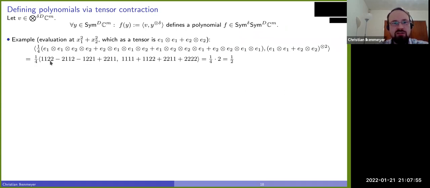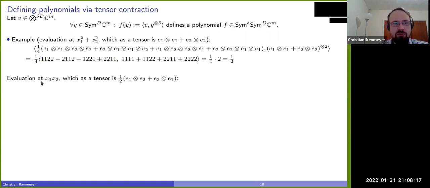And now this is just a matching thing. I'm just checking the string matching: 1, 1, 2, 2 is a 1, 1, 2, 2. And here I find a 2, 2, 1, 1 is a 2, 2, 1, 1. Okay, perfect. So two of them match, and these don't match anything over here. So I get two of those matching, and this is just the scalar. So this is a half.